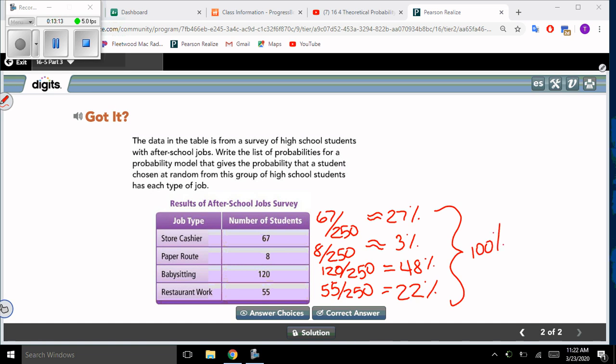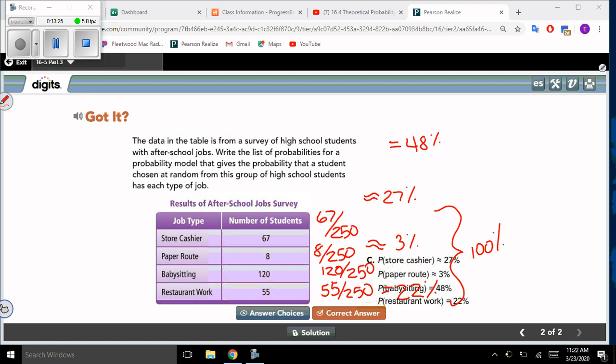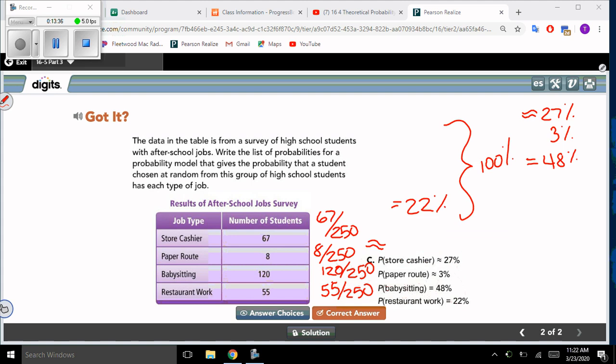So the question asked me to write the list of probabilities for the probability model. I'm going to hit correct answer here, and it should verify, hopefully, what we said. If I move this stuff out of the way, the cashier was 27%, I said. The paper route kid was 3%, I said. 48% for the babysitter, and then 22% for the restaurant worker. All right? That should conclude